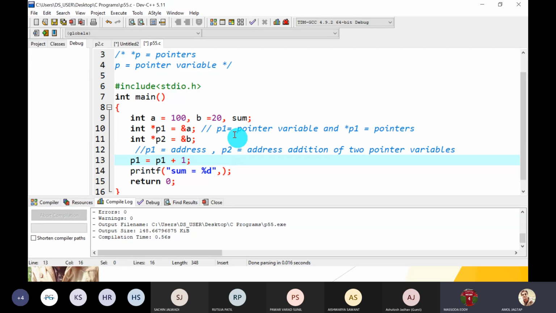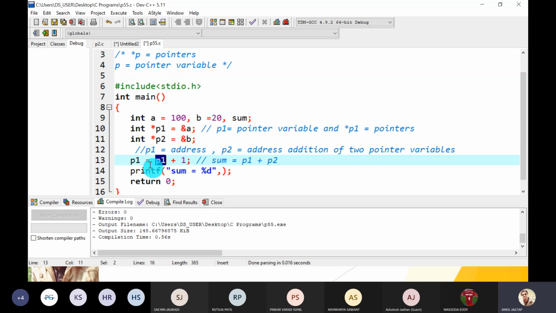Not, because we cannot add two pointer variables. That is two addresses, that is P1 plus P2. We cannot add them and save it into a third variable. It is not possible. But we can add 1, 2, 3 to a single pointer variable. Yes, it is possible.